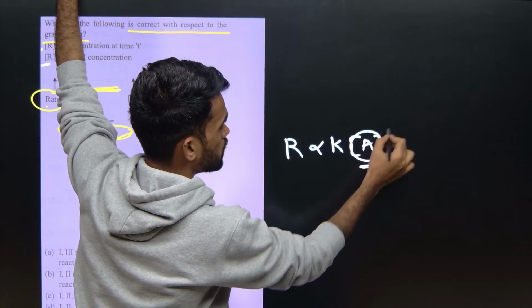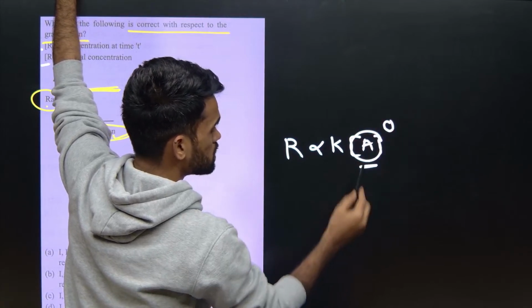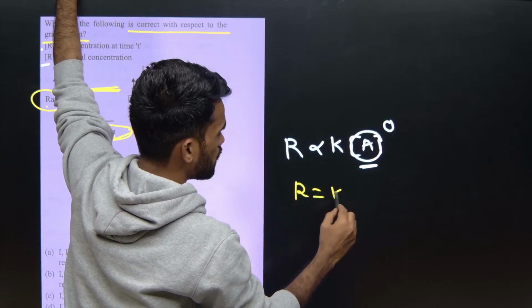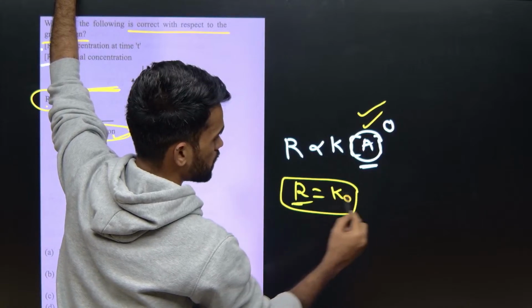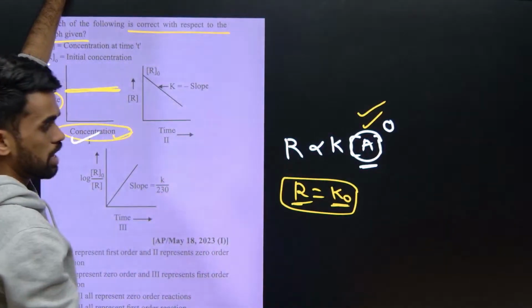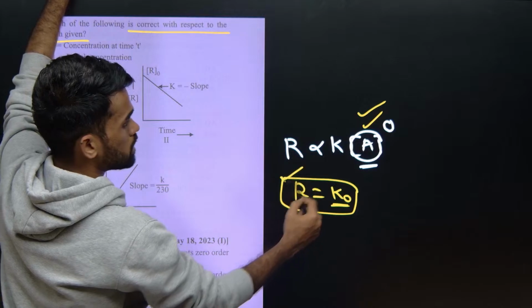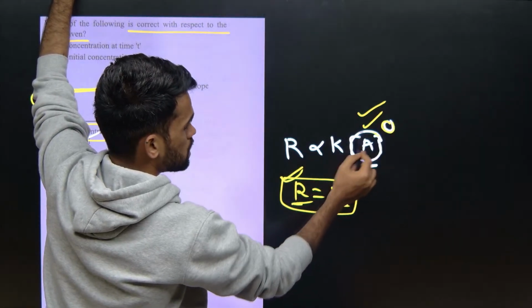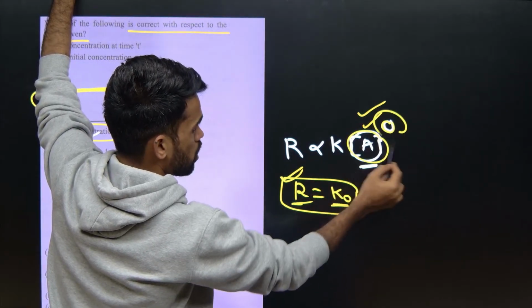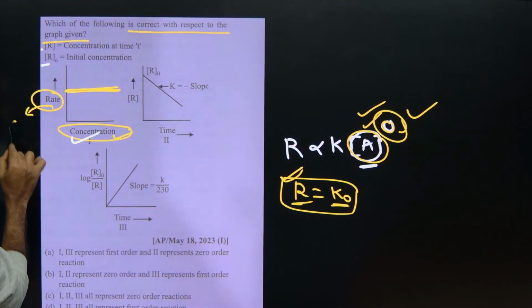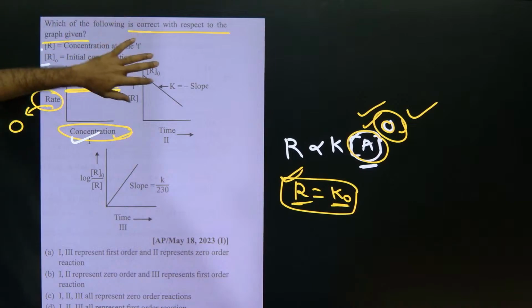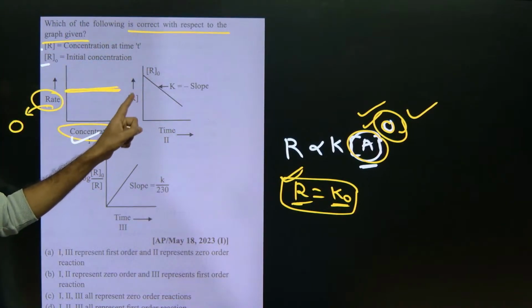If it is not depending, you just put 0 here. So it becomes rate equals k naught. So which order is it? Rate is independent of reactant concentration. Here we are inserting 0, then only it is becoming 1. So what is the order of the reaction? 0 order. So graph 1 indicates a 0 order reaction, whereas graph 2, just look here,